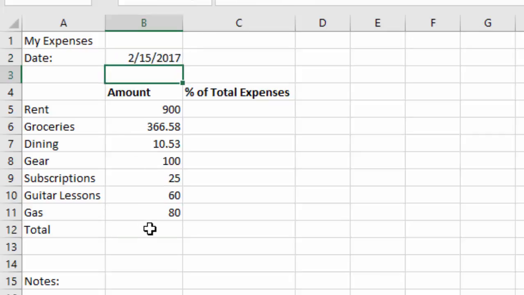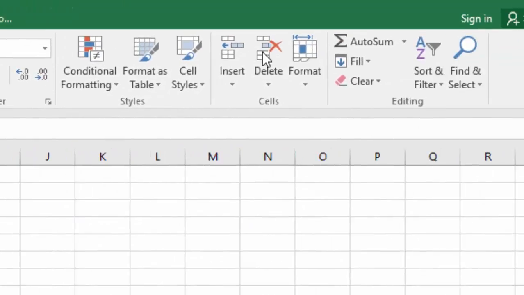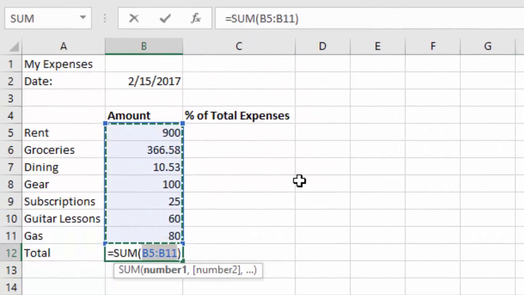Okay, so we'll make cell B12 the active cell, and we're gonna sum up our expenses for the month. The easiest way to do that is to click on the auto sum button over here, and it normally gets the right selection, not always. And by the way, if it doesn't get the right selection, you can see what's going on over here. I got the marching ants. If you don't like the selection that it gives you,